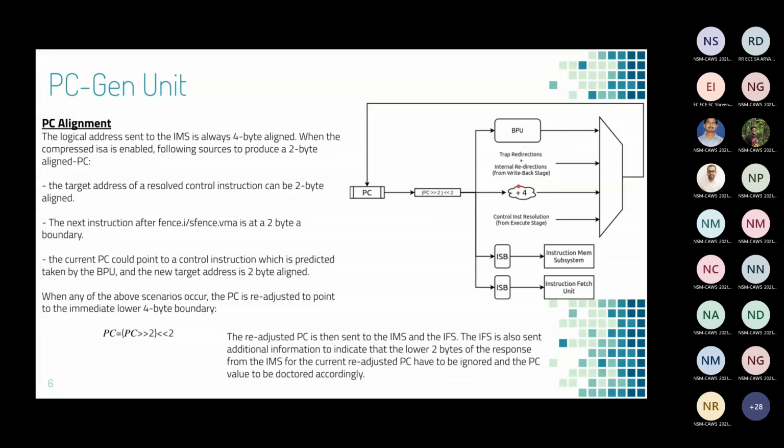Sorry, your branch predictor may cause a jump to a 2-byte boundary, or the control instruction can cause a jump to a 2-byte boundary, right? But the instruction memory is always given a 4-byte aligned address. Even though you have a compressed instruction and your current PC is, let's say, 2, the address you send to the memory subsystem is going to be 0. And you're going to tell the memory, give me 4 bytes from 0, which includes the 2 bytes that you're requesting from address 2 as well,